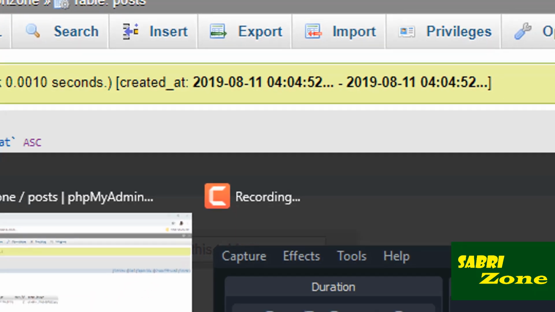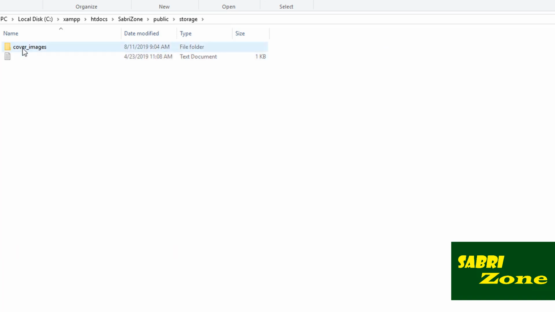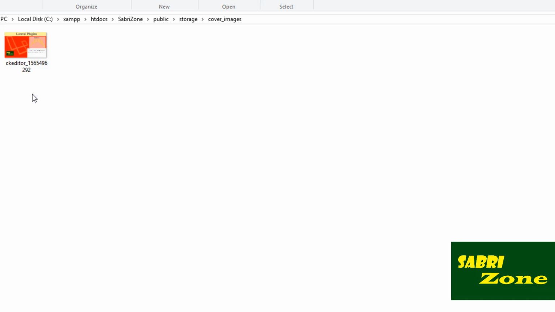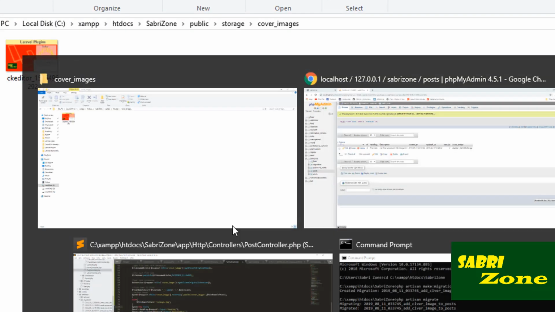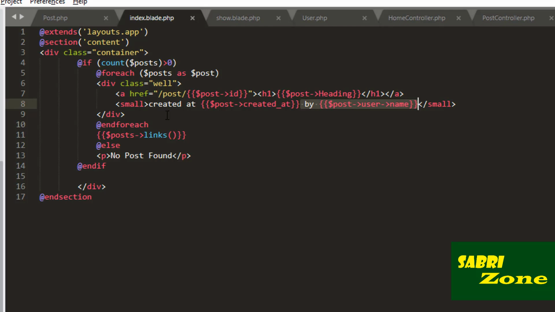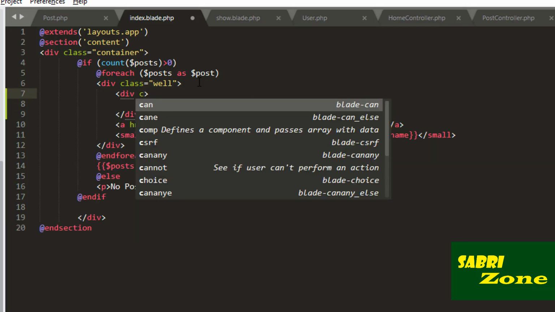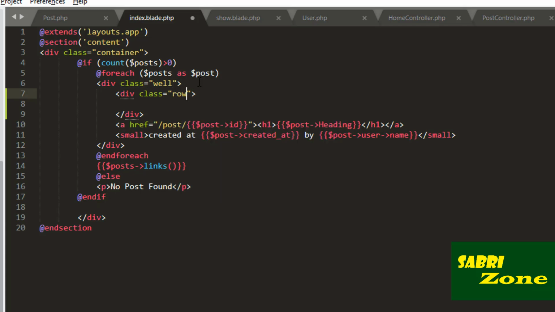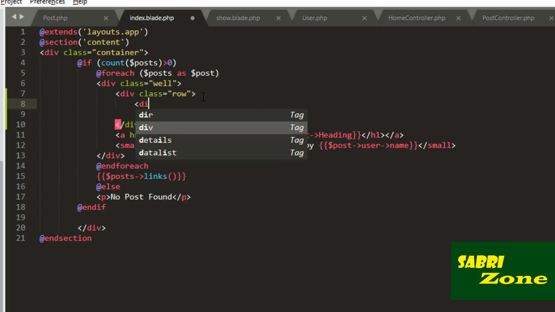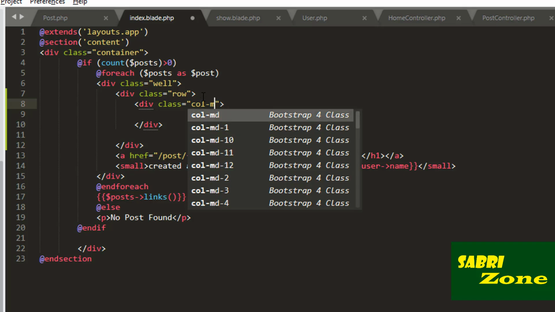So if we go to our folder, and here we go to our public folder and storage and cover images. Okay, great. Now as you can see, the file is successfully uploaded. So now we want to show this image in our index, so we will go to our index.blade.php, and here the first thing I will do is to create a div, and I will give it a class of row. Now another div inside this, and this time I will give it a class of col-md-8,